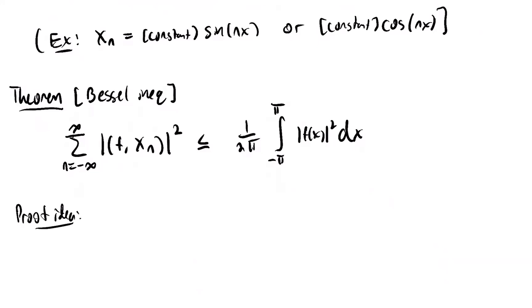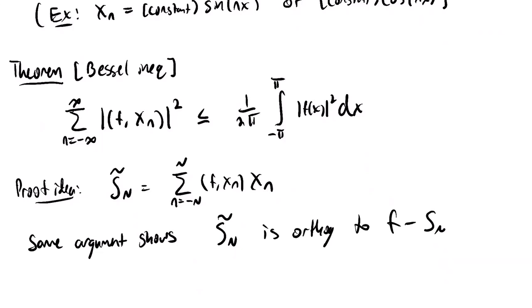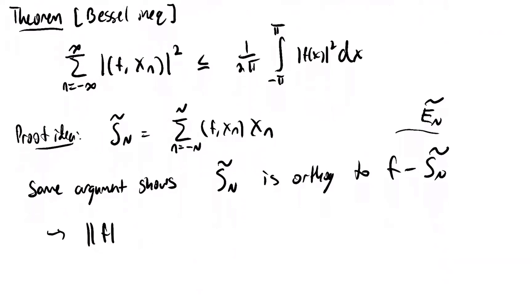Well, let's call S tilde n the partial sums, not the Fourier series partial sums, but the partial sums you get by combining these orthogonal functions. The same argument that we did before shows that S tilde n is orthogonal to f minus S tilde n. This is like our modified error term. And so using the same argument, you can show that if I look at the L2 norm of f squared,